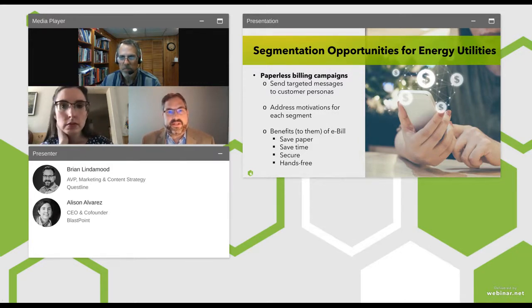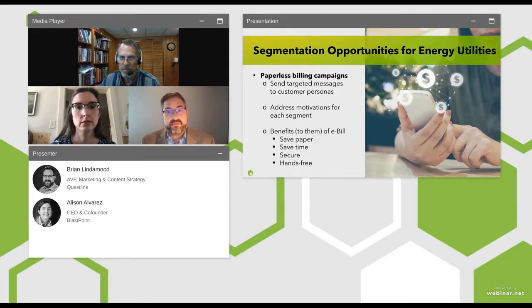Let's talk about how energy utilities can benefit from customer segmentation. E-bill adoption campaigns really lend themselves well to this approach. That's because the motivations, the reasons a customer would sign up for paperless billing are relatively limited, but strong and important. So they're easy to define and really important for those customers who are looking for those motivations.